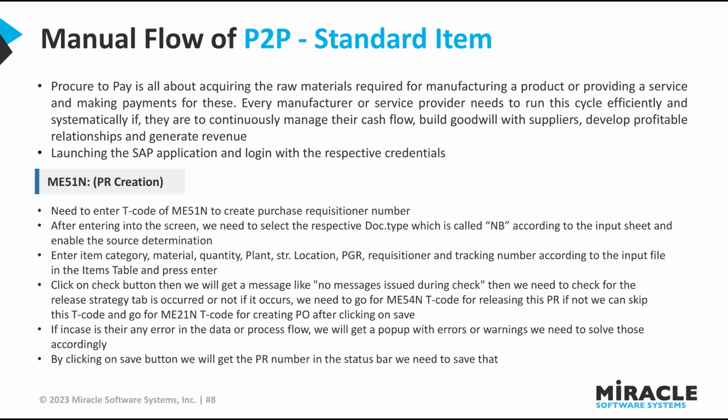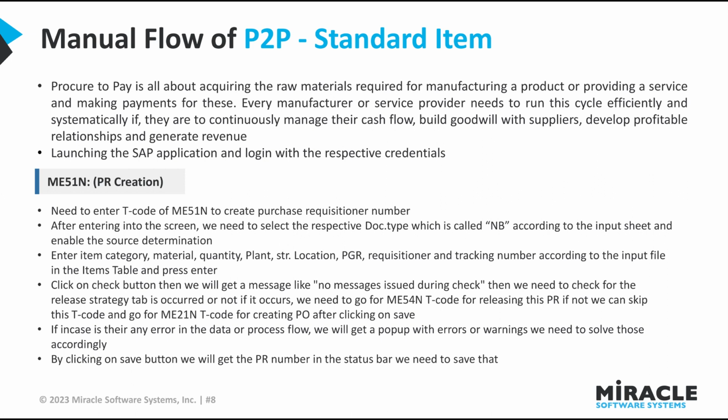Click on the check button, then we get a message like "no message issued during check." Then we need to check whether the release strategy tab has occurred or not. If it occurs, we need to go to the ME54N T code to release this PR. If not, we can skip this T code and go to the ME21 T code for creating the PO after clicking on